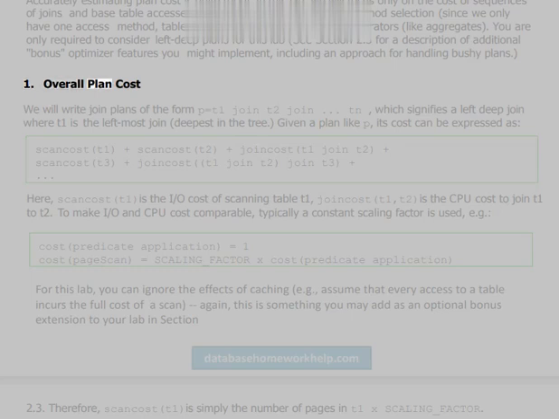1. Overall plan cost. We will write join plans of the form P = (T1 join T2 join ... Tn), which signifies a left-deep join where T1 is the leftmost join, deepest in the tree. Given a plan like P, its cost can be expressed as follows. For this lab, you can ignore the effects of caching. Example: assume that every access to a table